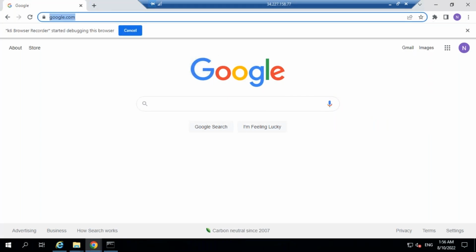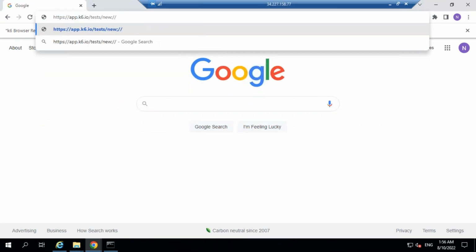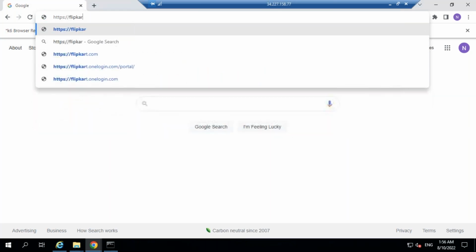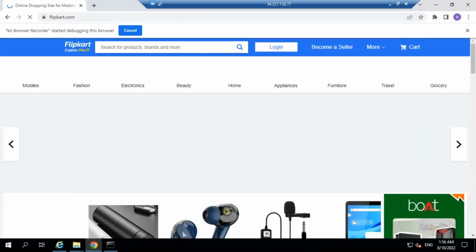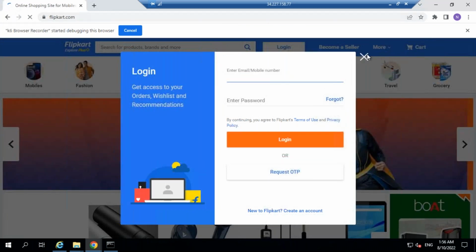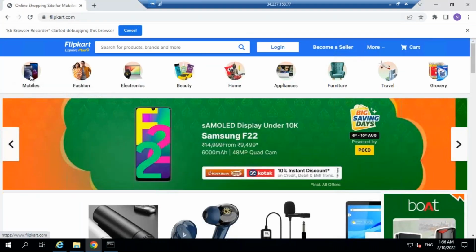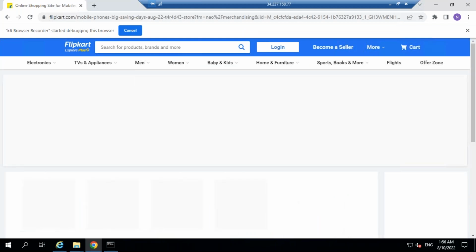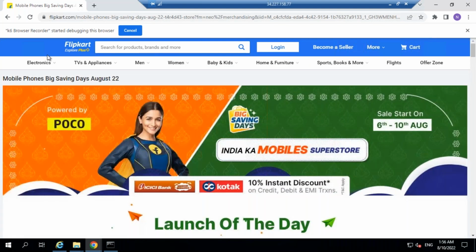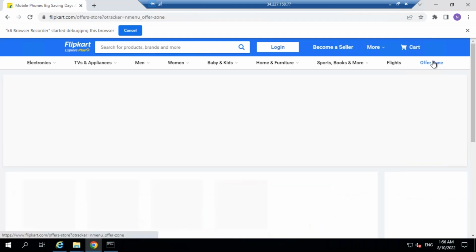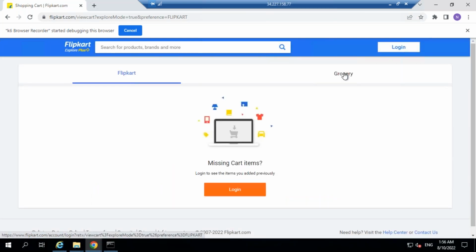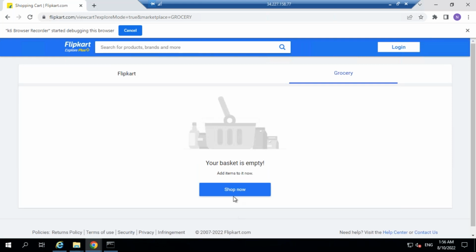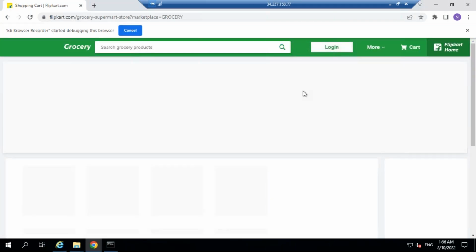I'll say flipkart.com. Okay, I'll just click mobiles. Okay, I'll just say offer zone. I can do whatever navigation I want, right? I can log in, I can go to the cart. Okay, and I can go to this shop now. Okay, and once it is done,